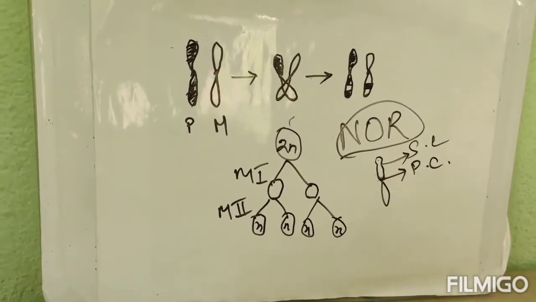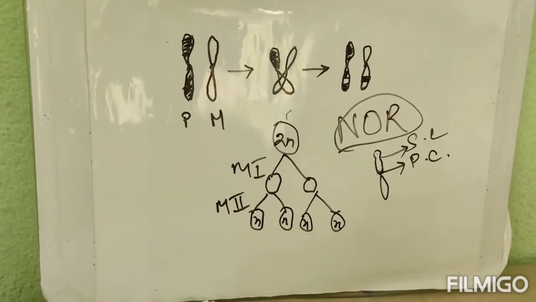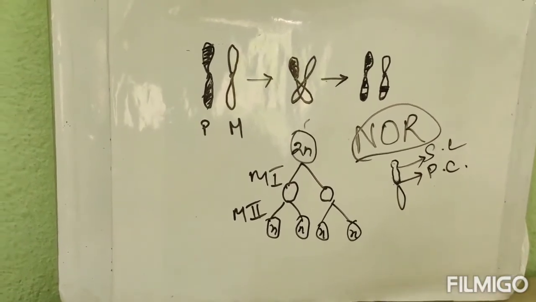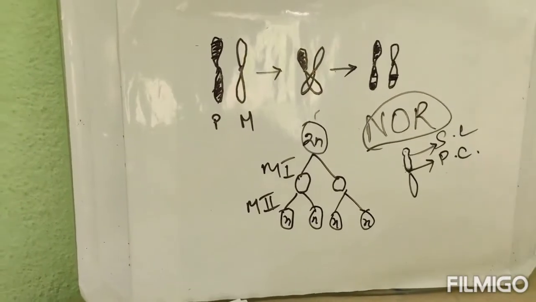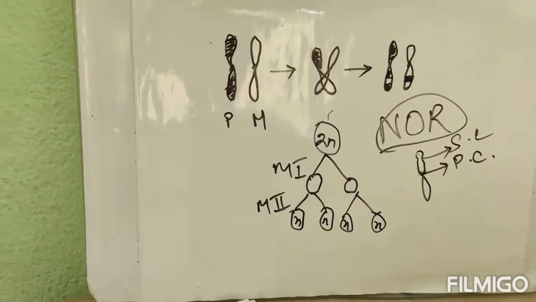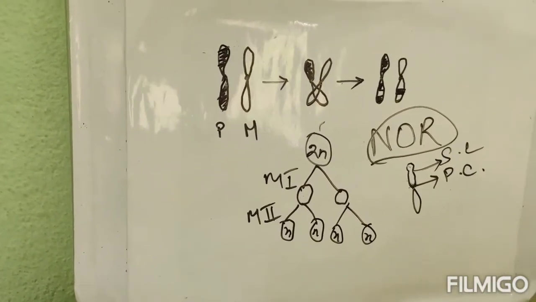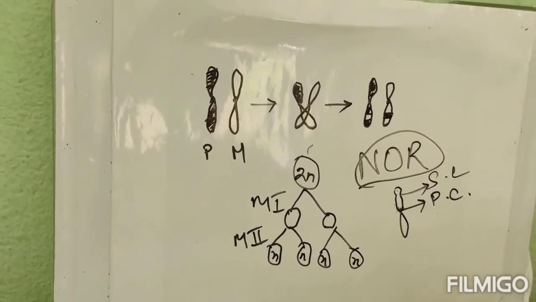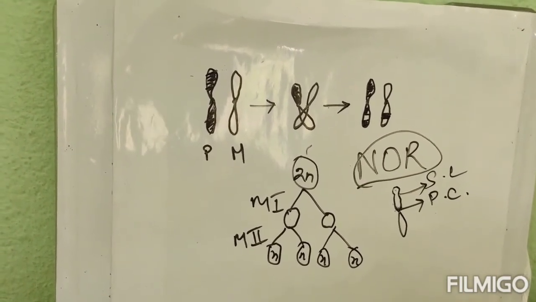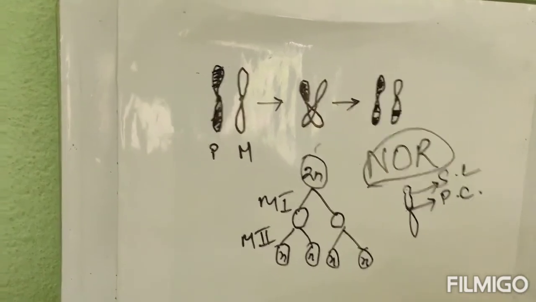Number 6. Why mitosis is called somatic cell division? Because the mitosis takes place in the somatic cells. The mitosis division takes place in the somatic cells. Number 7. Where can we find fragmentation, regeneration and spore formation? This is nothing but you have to give the examples. So fragmentation example, Spirogyra, regeneration, starfish, spore formation, Rhizopus.